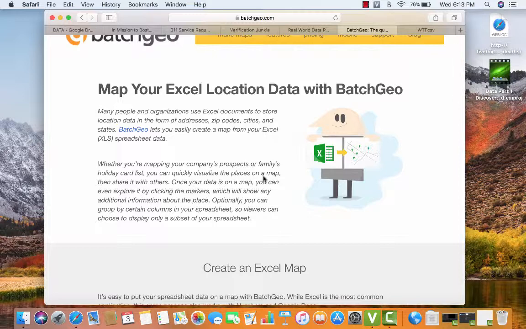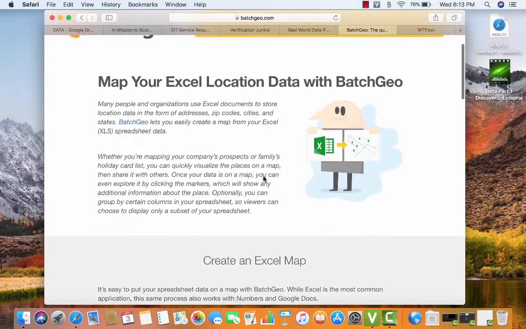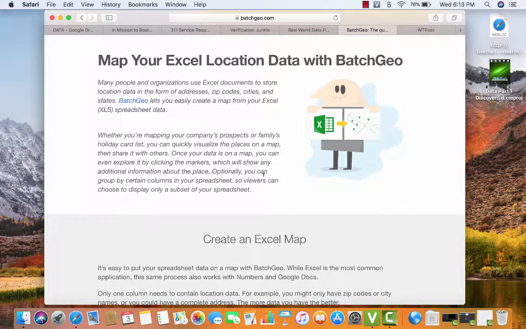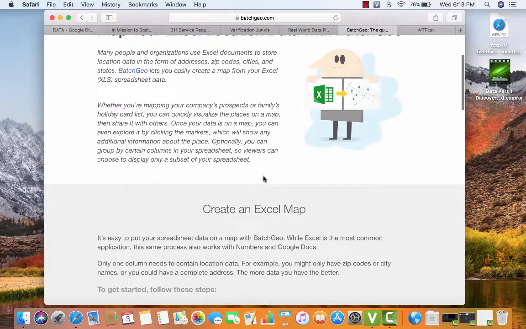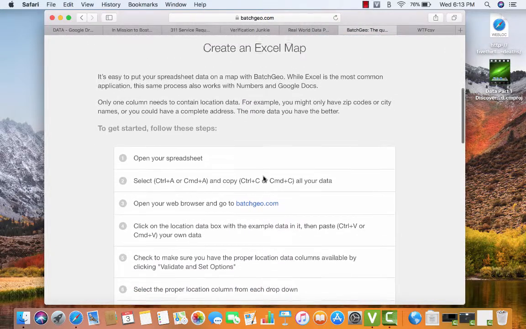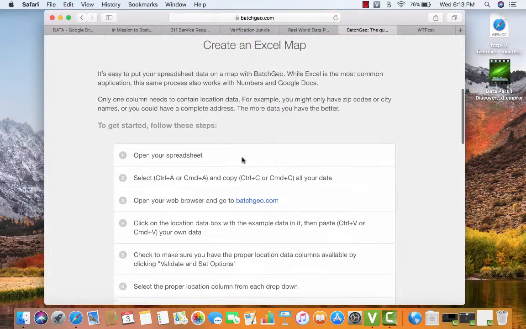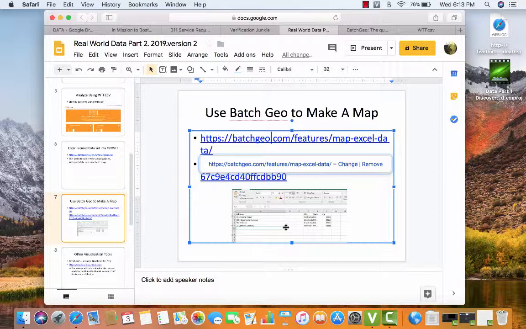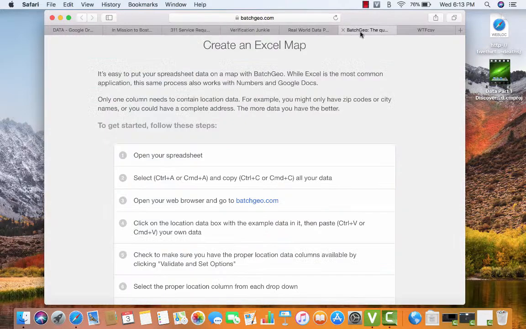So many people and organizations are using Excel to store location data in the form of address, zip codes, cities, and states. And it will easily create for you a map from your Excel spreadsheet. And so these are the directions for using this website. It's opening a spreadsheet. It's copy and pasting the data. So the lines of spreadsheet, that's what I did. I copy and pasted. I created the lines of data, address, city, state, zip code, and then I copy and pasted that information,